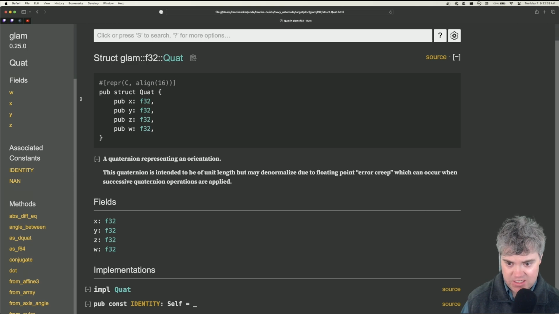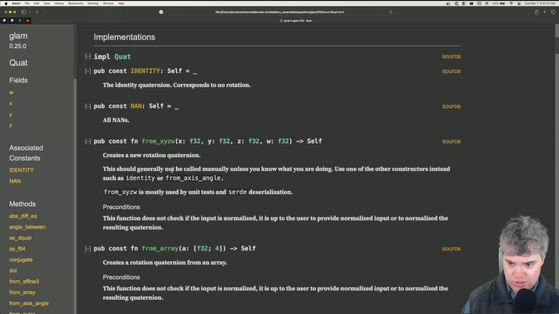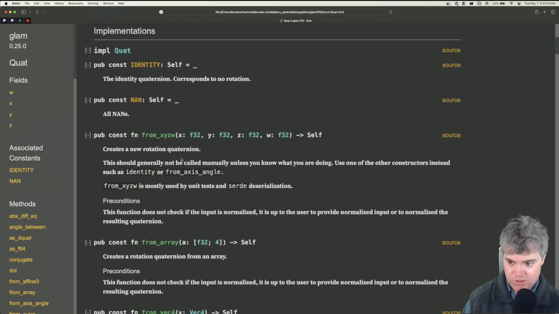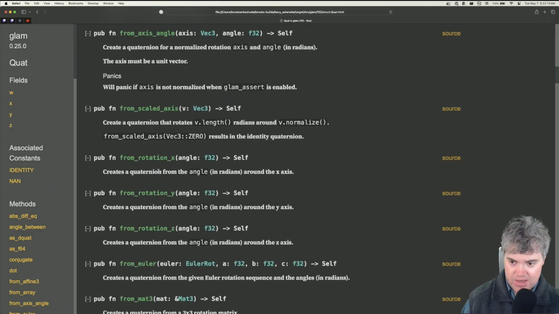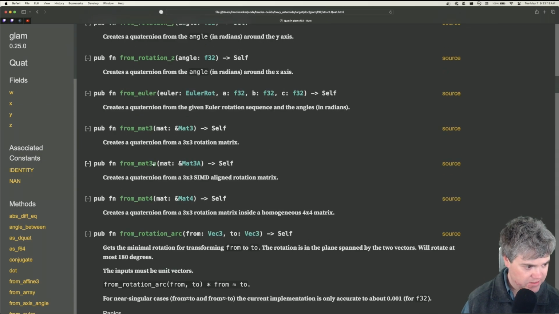This quaternion is intended to be of unit length but may denormalize due to floating point error creep, which can occur when successive quaternion operations are applied. Can I get the current? Okay, so don't use this one. How would I figure out what the current quaternion is?